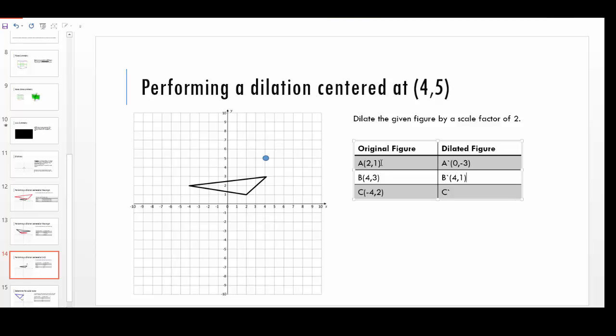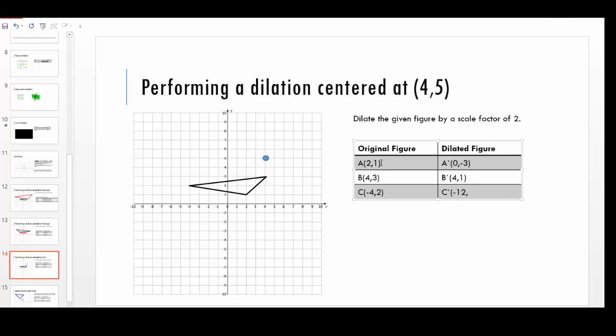And lastly, for C, C is 1, 2, 3, 4, 5, 6, 7, 8 away. So now when we double that, it's going to be 16. So we count 16 to the left. So 1, 2, 3, up to 16. So really we could do 4 minus 16, and we end up with a coordinate of negative 12 for the